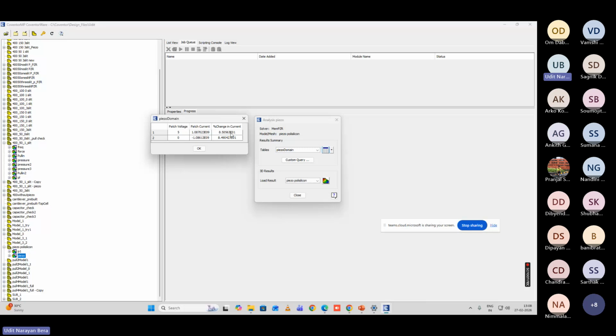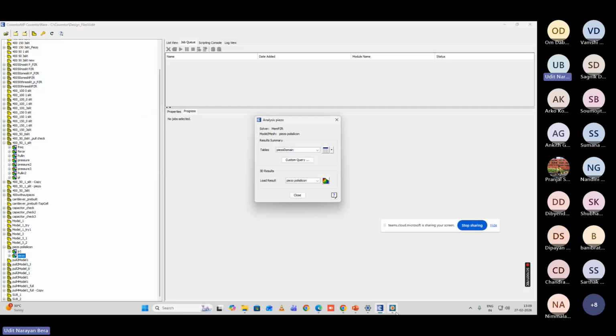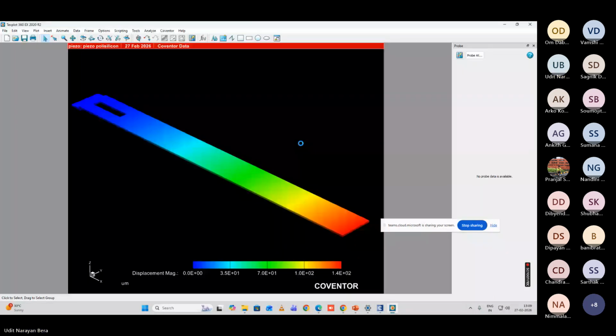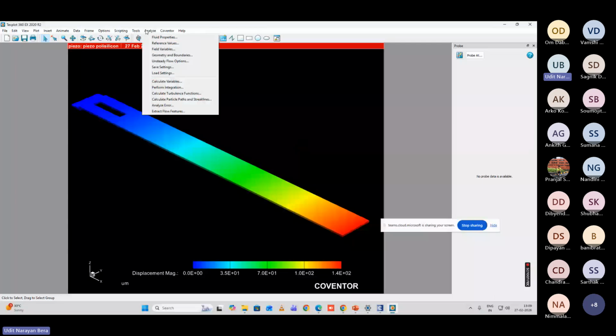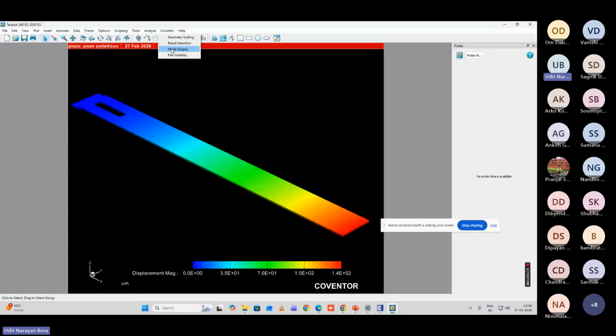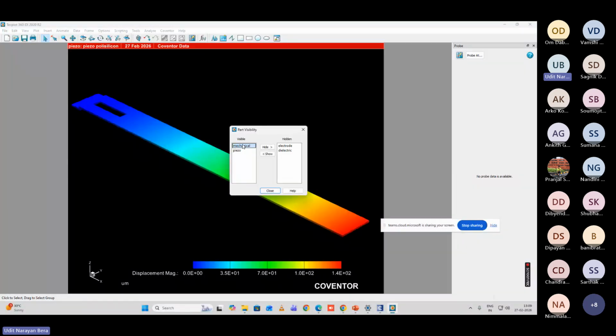But in the piezoresistor, you can see what the changes in current are after applying your voltage. Very quickly, let me show you how that voltage was applied. You can see it here. If I show you the piezoresistor only,